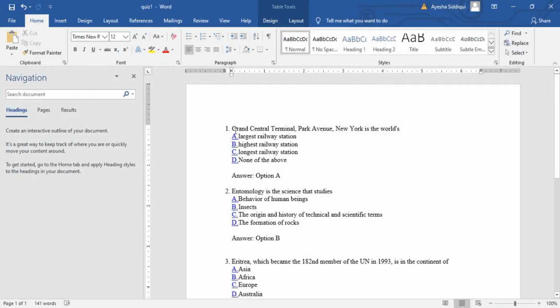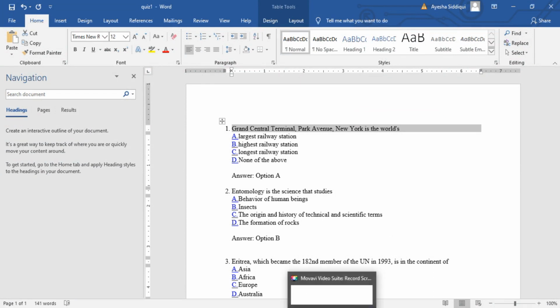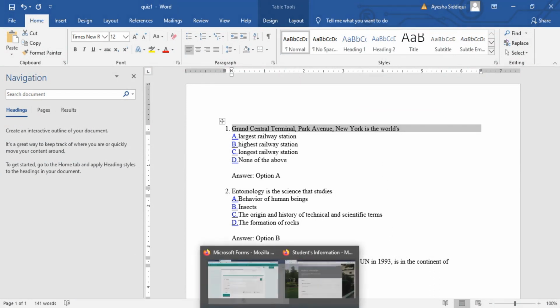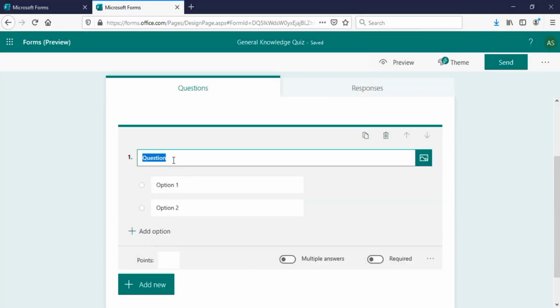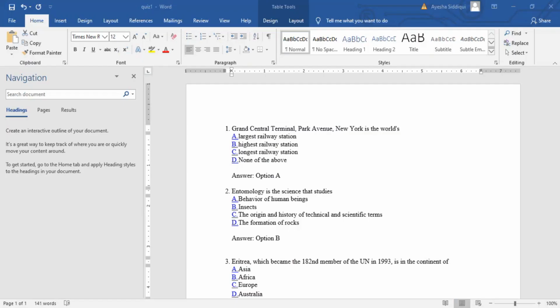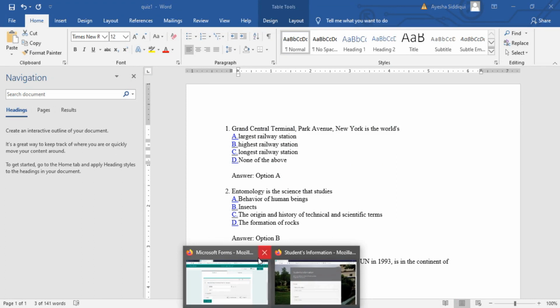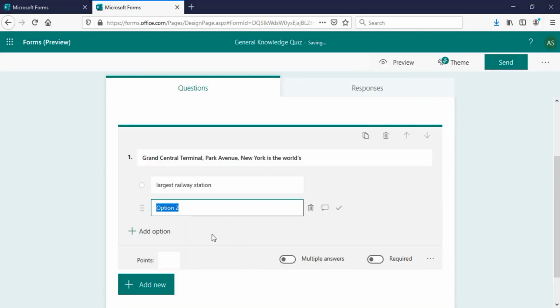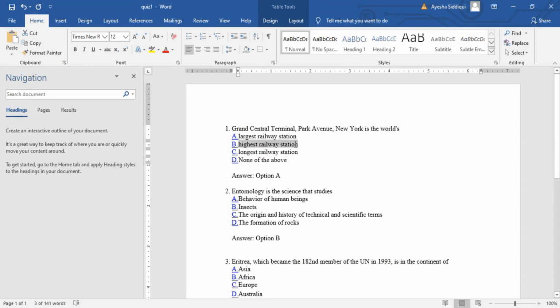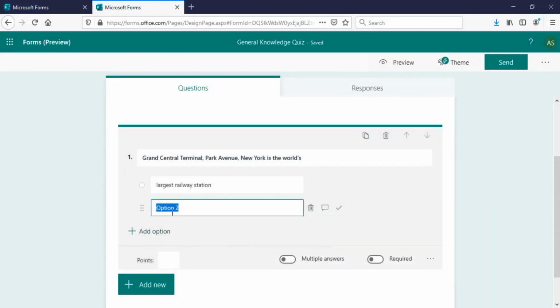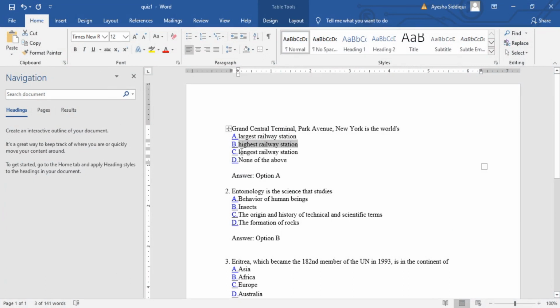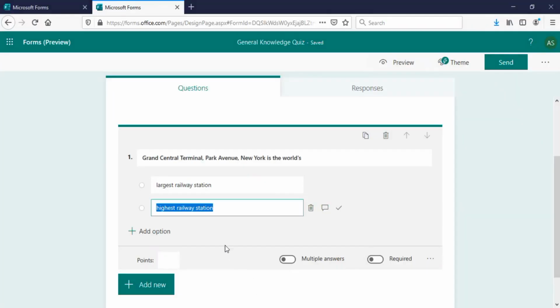Grand Central Terminal, Park Avenue, New York is the world's largest railway station, highest railway station, longest railway station, and none of the above.